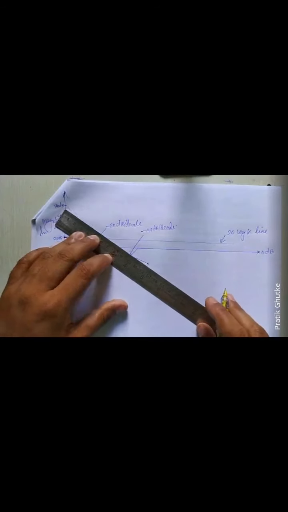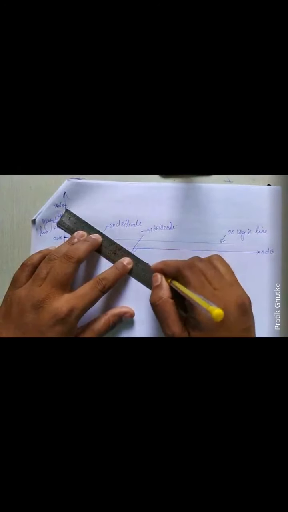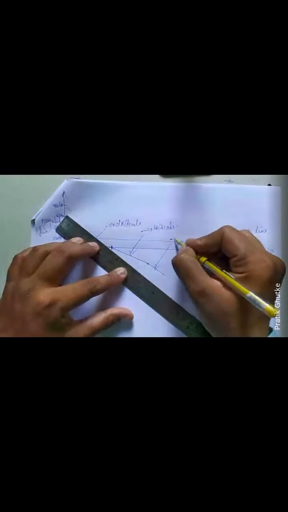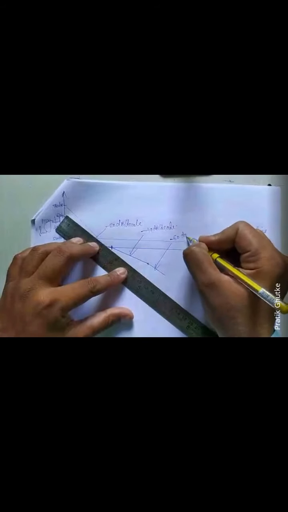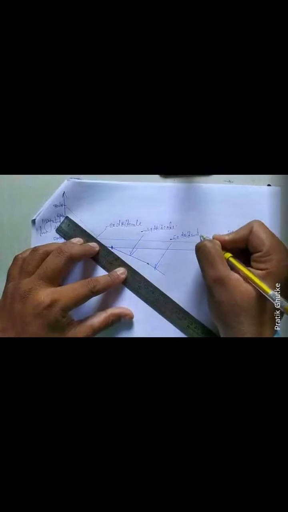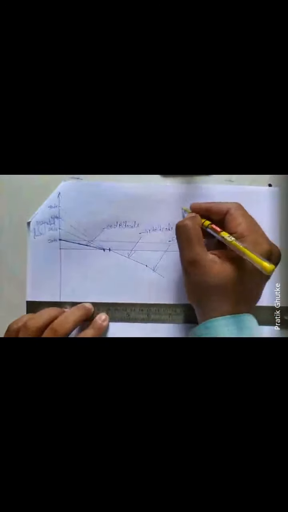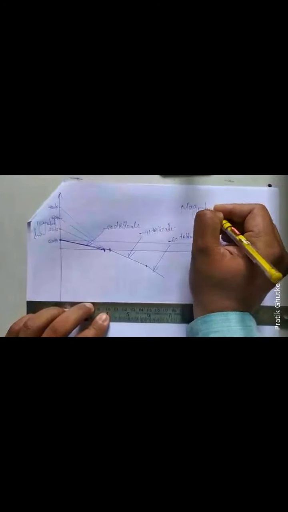This is 60 degree. And where it will go? I don't know. Because there is no next corner frequency mentioned in the numerical. So I have to draw this much line and then leave it. So now I will be drawing, this is your magnitude plot. Magnitude plot part is over.